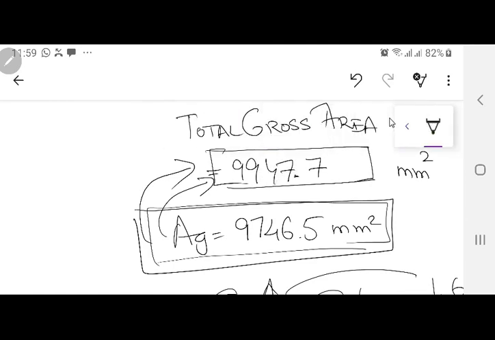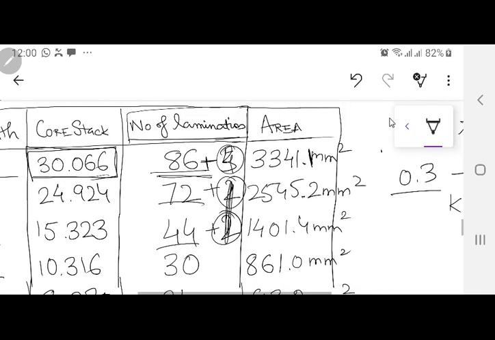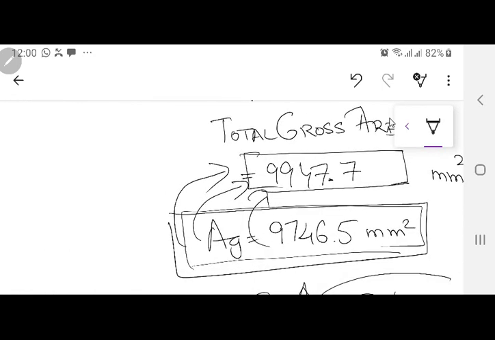9947, ये किसने बताया था मुझे एरिया? अच्छा, now what this is telling you, your area is large, now you have to reduce it. How much you have to reduce it? Approximately 199, approximately I guess 199 mm square. So just do a little, how many laminations you want to remove it, but always remove even number of laminations. यानी कि आपके पास अगर दो उतारनी है, दो यहाँ से उतारो, दो यहाँ से उतारनी है, 2 minus from here, ठीक है? But bring it to almost plus minus 20 mm square.